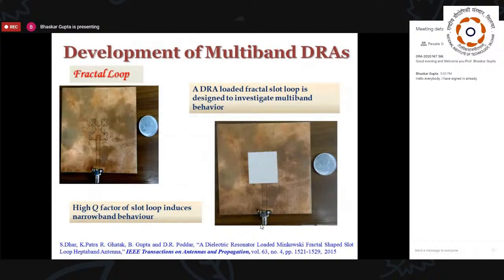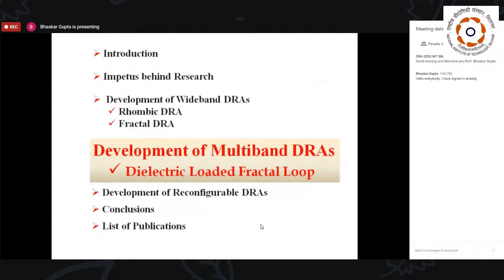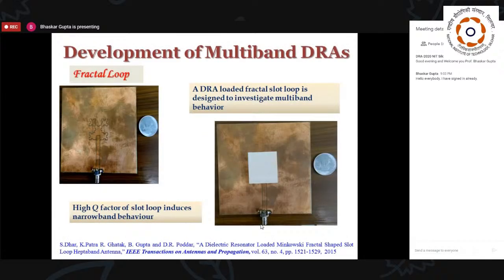this work was presented in IEEE Transactions on Antennas and Propagation. You can see the fractal loop. Well, very interesting. This is just the other way around. Fractal loop to feed. Okay, not the dielectric. The dielectric is pure rectangular, but the loop is fractal. So that's why we rather consider this time we are sure the radiation, and we theoretically also established that, is more from the loop than from the dielectric. So we considered it as a dielectric loaded fractal.